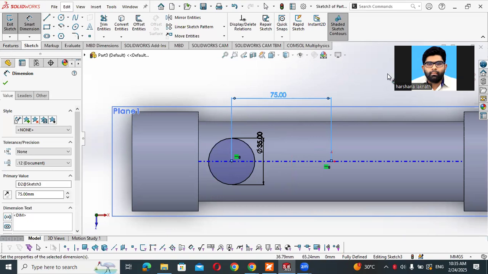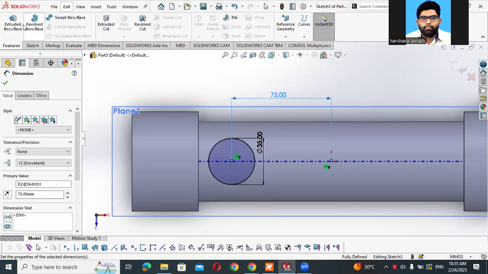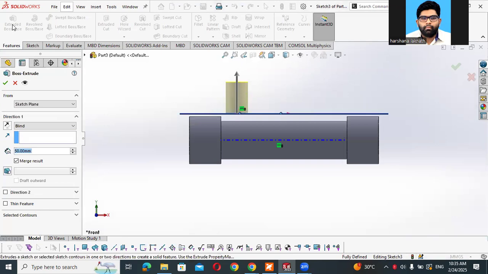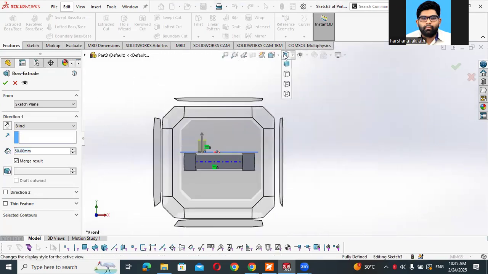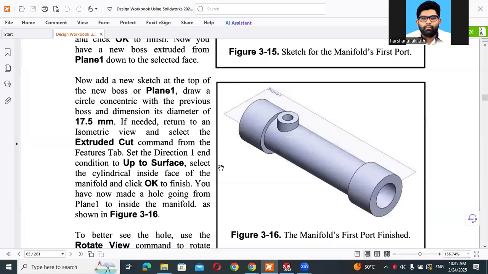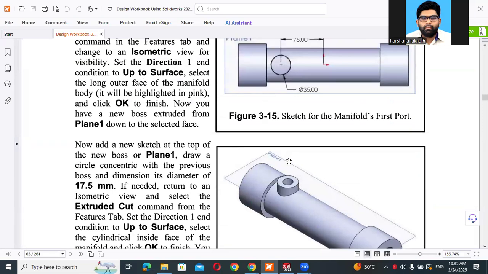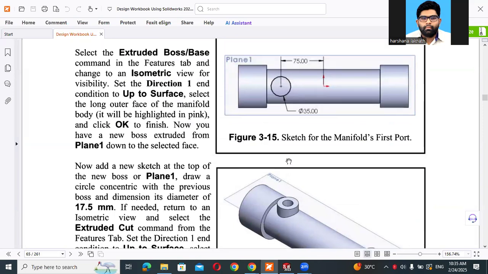And then go to features, extrude boss. So go to this isometric view, so it will be easy for us to make the necessary things. So what we have to do is create this one. For that, what we have to do is